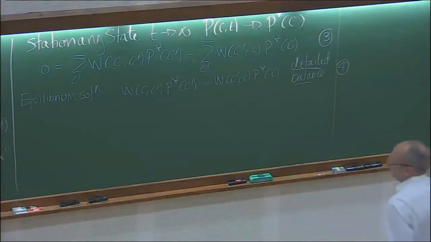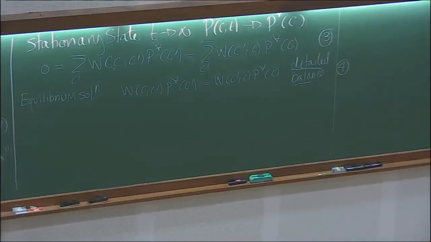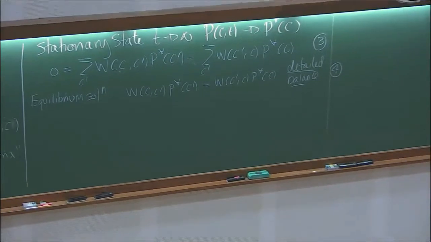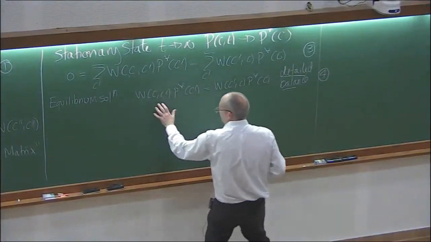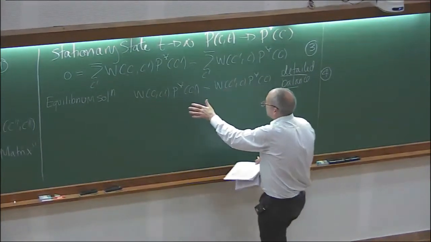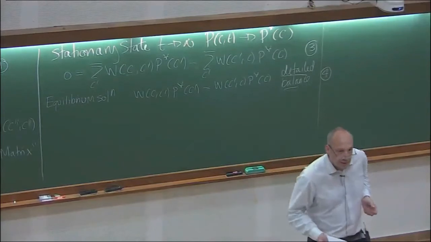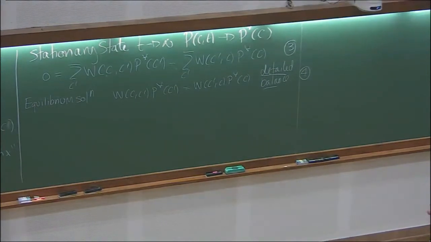Okay, so why is this a significant solution? Well, I called these terms here the total flux of probability going into C. So each individual term is the individual current between configuration C primed and C. So what I see is that the current of probability going in to C from C primed is the same as the current going out. So if I could put on my sort of magic glasses and try and see probability flowing in my system between configurations, if I could see into configuration space and watch the probability, then actually I would see no probability flowing. And I wouldn't know which way the probability was flowing, and that has a lot of